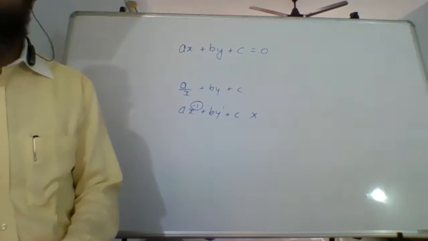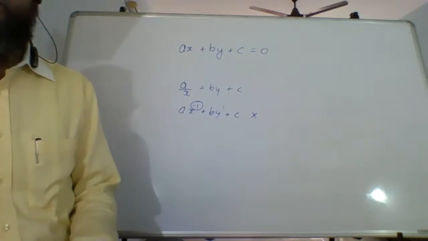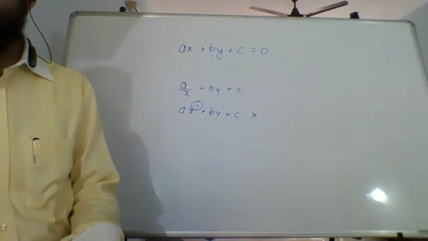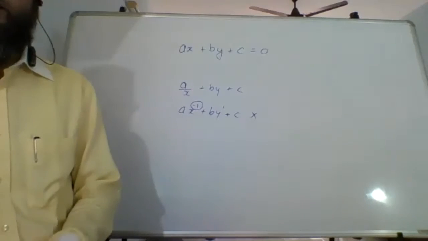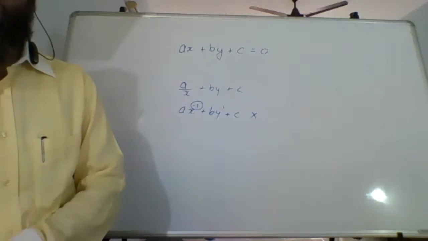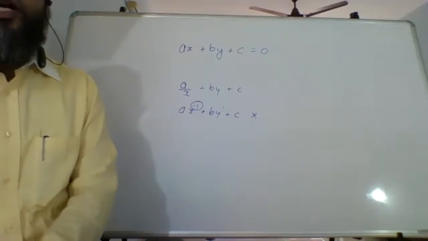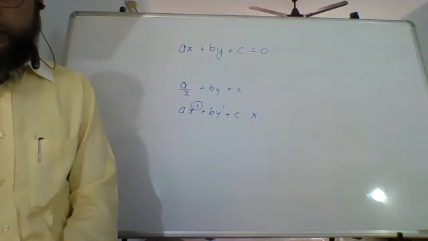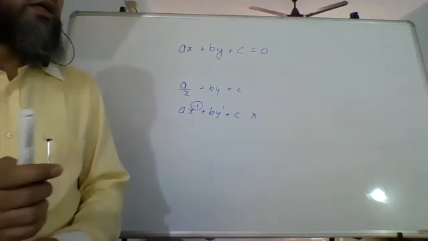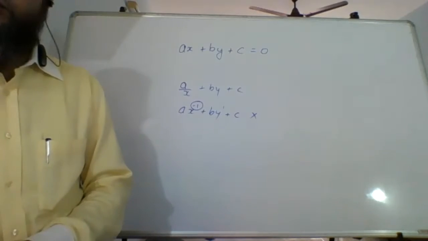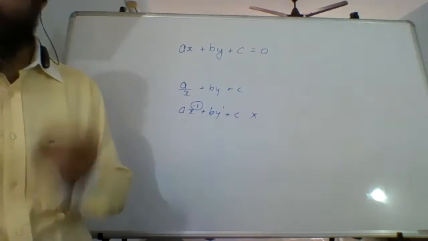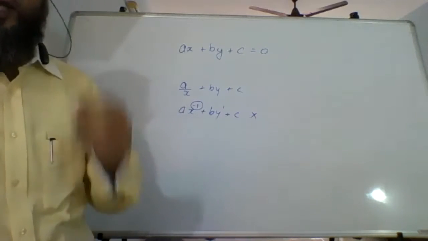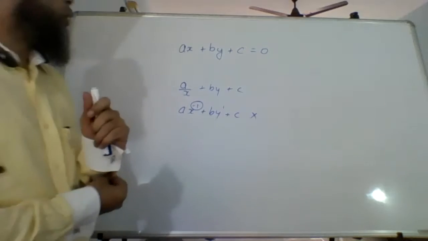Of course, what happens when the power is 2? Then it becomes a quadratic equation, which is the next chapter which we are going to see. When the power is 3, it becomes a cubic. When the power is 4, it becomes biquadratic. Cubic and biquadratic are not part of your syllabus, but linear and quadratic, both of them are there. So we are going to see them. First, we do linear. Subsequently, the next chapter that we are going to do will be quadratic.